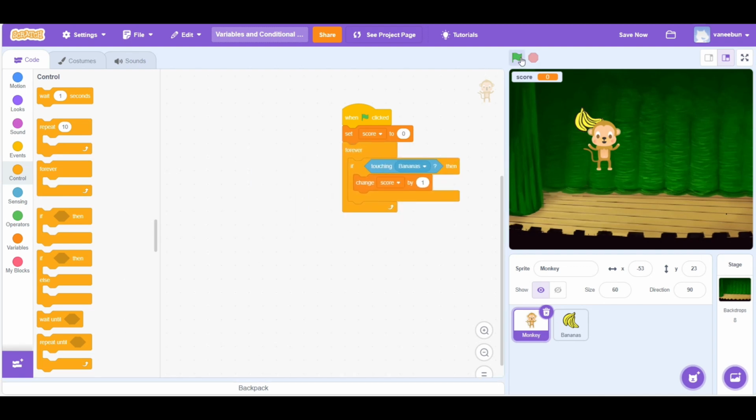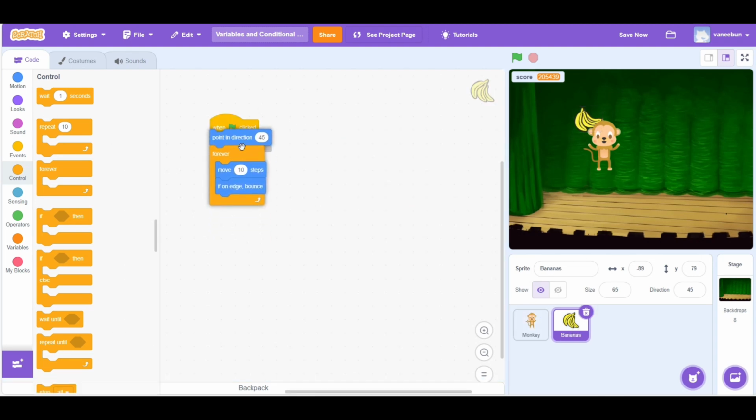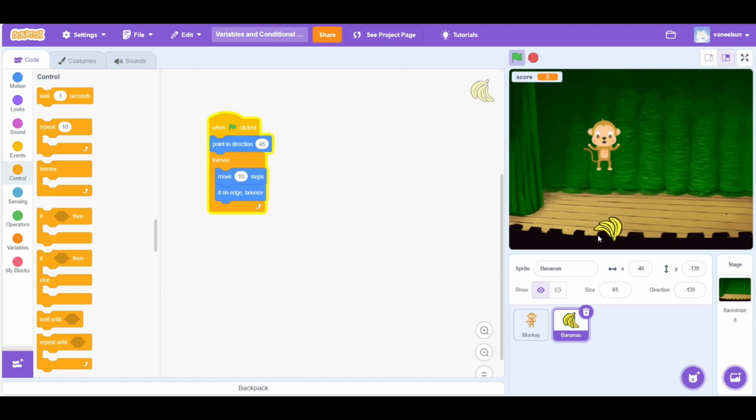And now that we can click on Go button, we can see that the score is increasing, but it is increasing very fast. So let's pause this. We can make the banana move around and bounce off when it touches the edge of the screen. So let's go to banana. This is how the code looks. When green flag is clicked, the banana will point in direction 45 degrees and it is forever moving 10 steps, and if it is on the edge of the screen, it will bounce. Let's try. The banana now is bouncing off the screen, and whenever it touches the monkey, the score will increase,